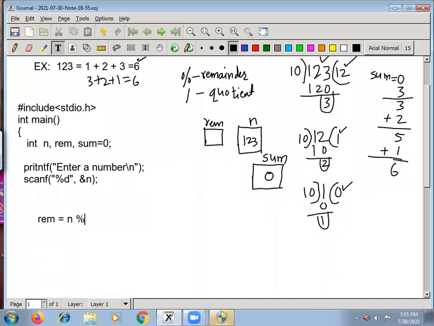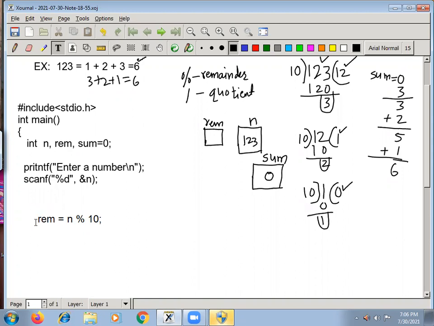By using the modulus operator, mod, with 10 we are dividing. So the statement is reminder is equal to n mod 10. That means the number n is divided by 10, and this operator gives you the reminder. That reminder I am catching in a variable called rem.